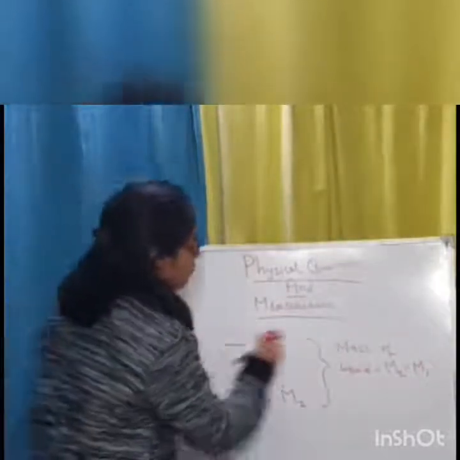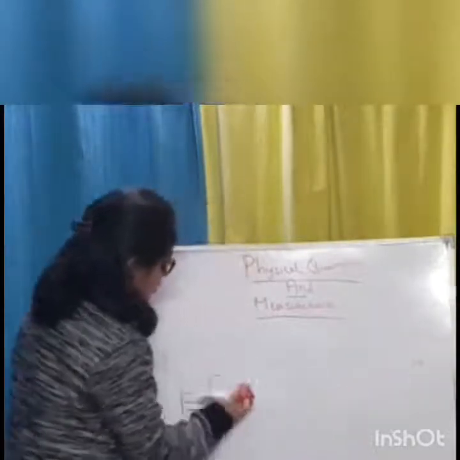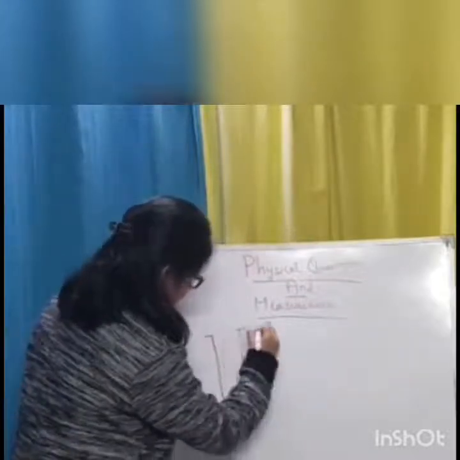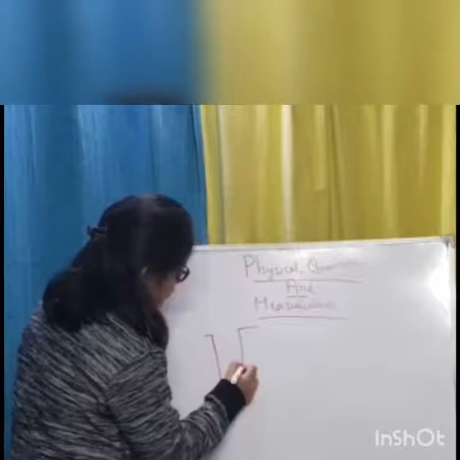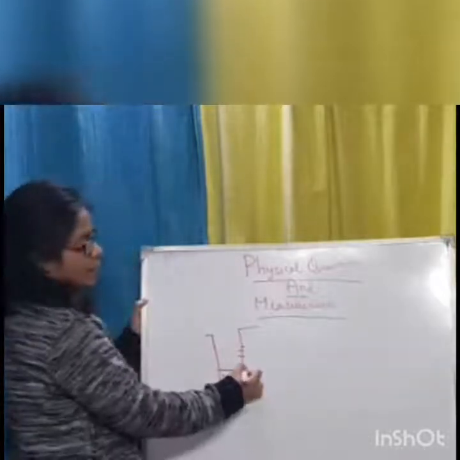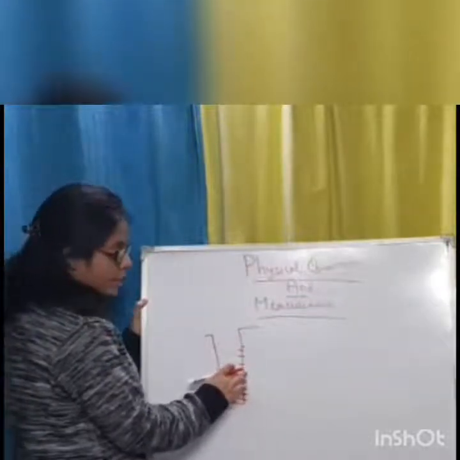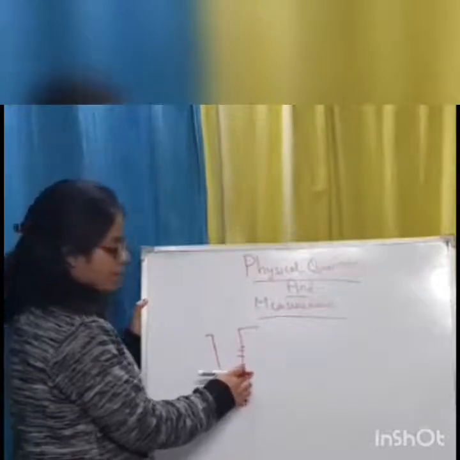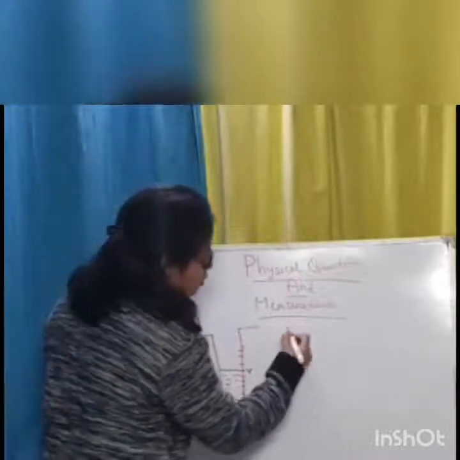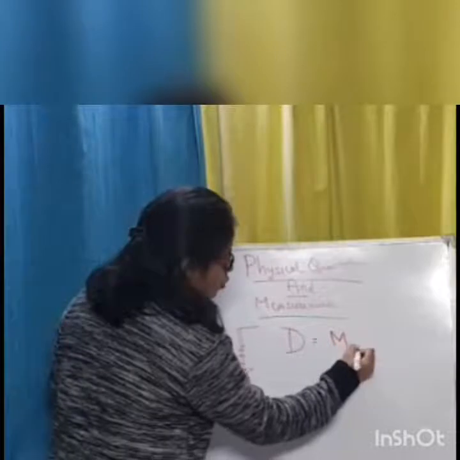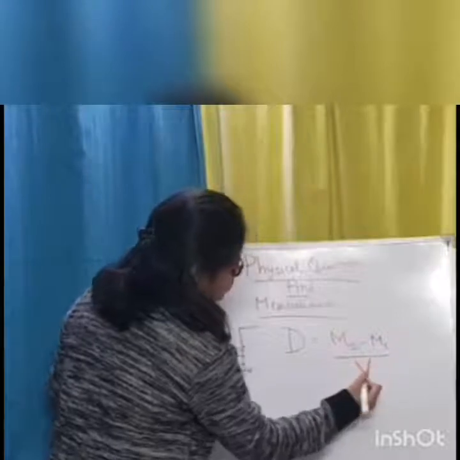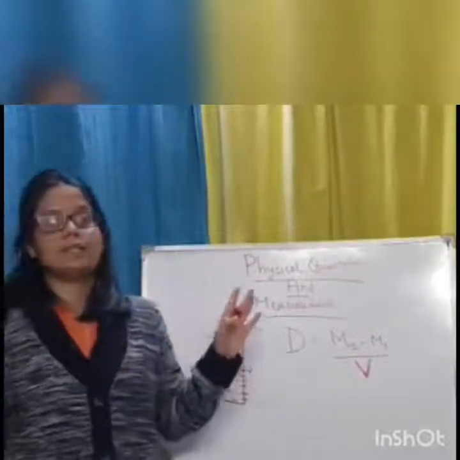Now we will find the volume of the liquid. The volume of the liquid can be found easily with the help of a measuring cylinder. You just take the measuring cylinder which has markings of volume on its side and you pour the liquid in this measuring cylinder. You see up to what extent the liquid is filled. You read what the reading says on the body of the measuring cylinder and note that down. Suppose this volume is V. We already had the mass, which is M2 minus M1. So density will be M2 minus M1 divided by V. This is how we find the density of liquids.